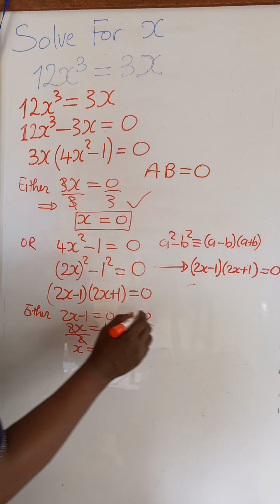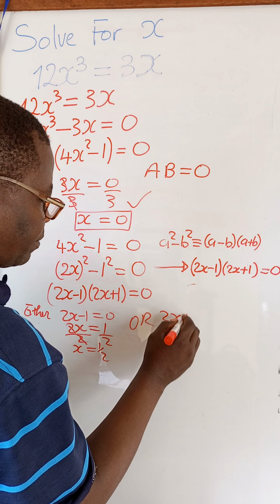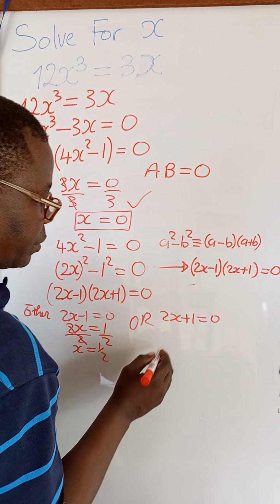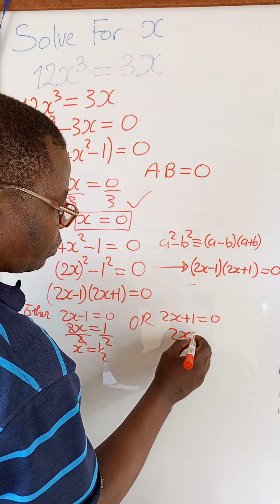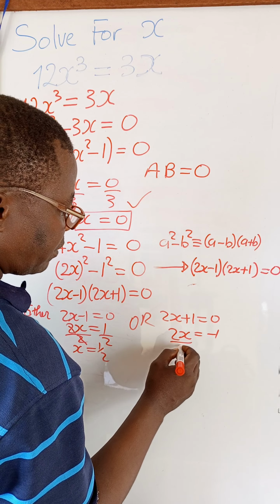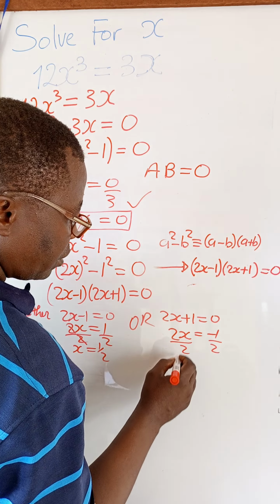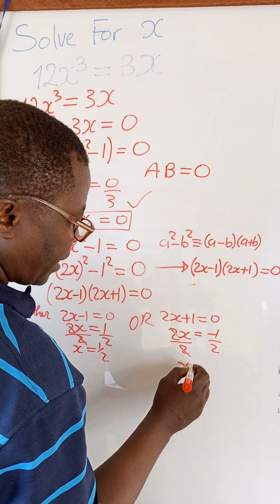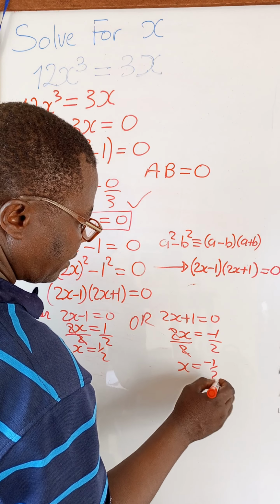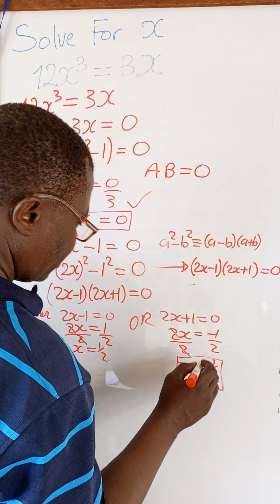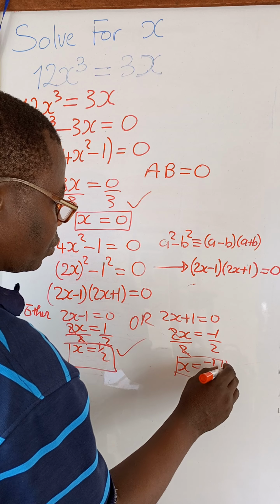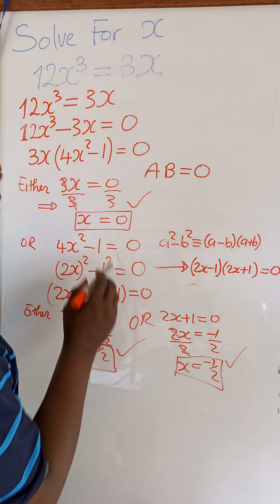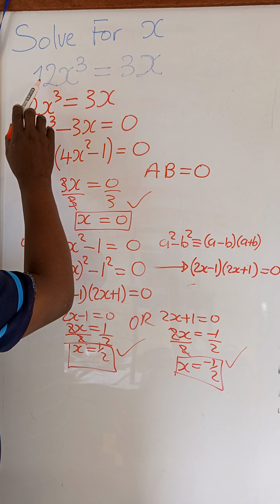Or the next one, 2x plus 1 equals 0. We take this one that way, it's going to become negative 1. So we have 2x equals negative 1. If we divide both sides by 2, we're going to have x is equal to negative half. So this gives us the remaining two solutions. So finally, we have our three solutions for the equation